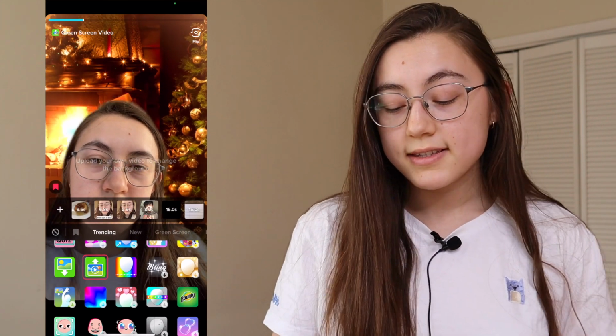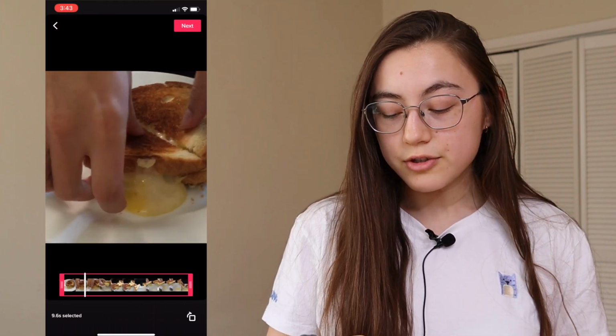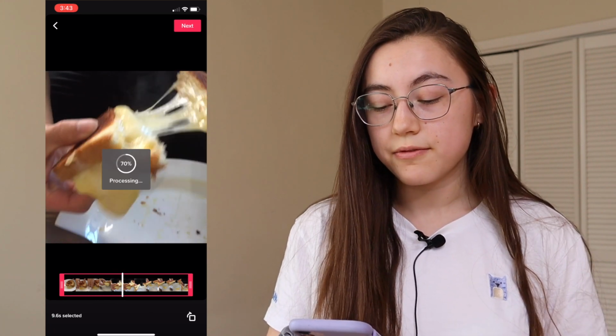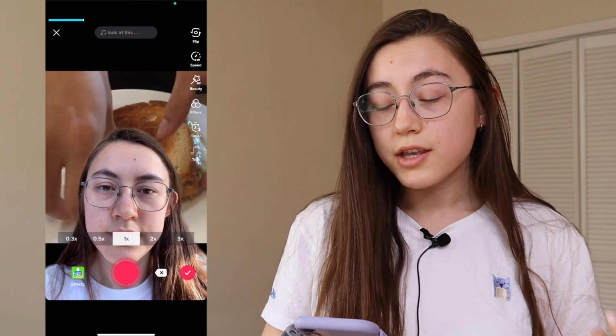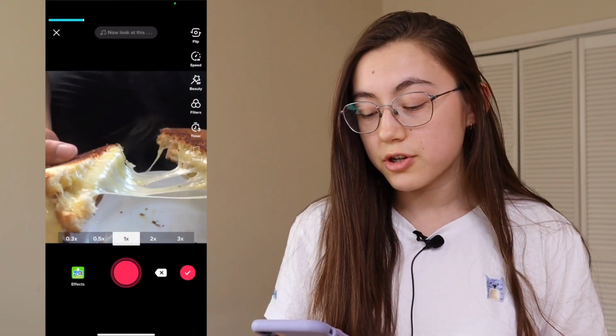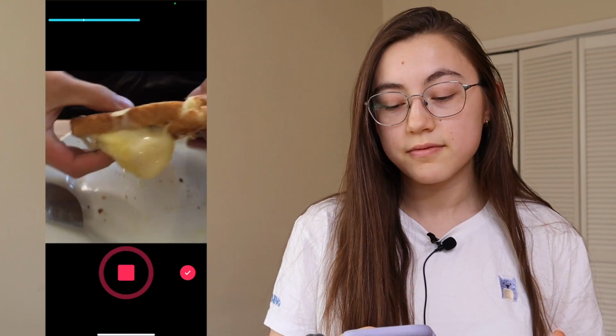And then in the bar that appears, you can choose the video you want to use. Since I just downloaded it from my camera roll, I'm going to click that most recent video. You can choose to trim down the video if you want. And then this effect allows you to be in the frame and have the video behind you. You can choose to have yourself in the frame. Most people don't. So just make sure you're out of the way of the camera. Hit the record button and wait till the video is all the way done, and then you're done with the